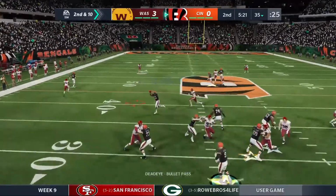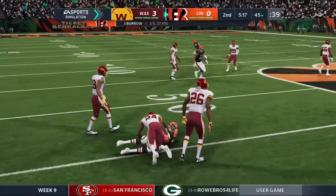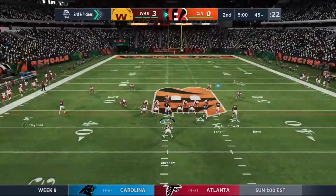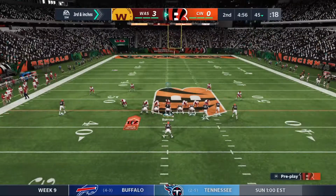Burrow looking to pass. Throw left side complete. That's Boyd. 9 yards, and that leaves him just short, so it'll be third and less than a yard. The last catch nearly got him a first, but it did not, and they'll try to convert on 3rd and